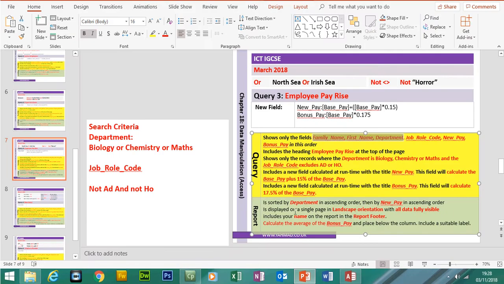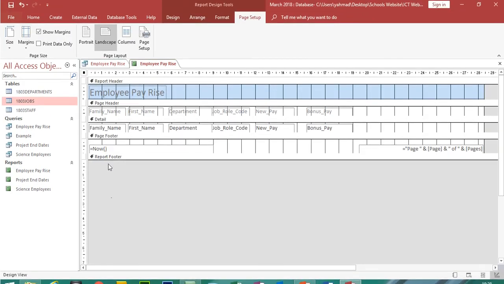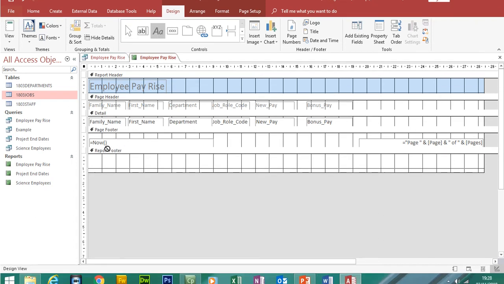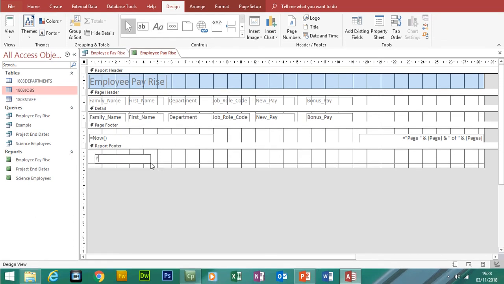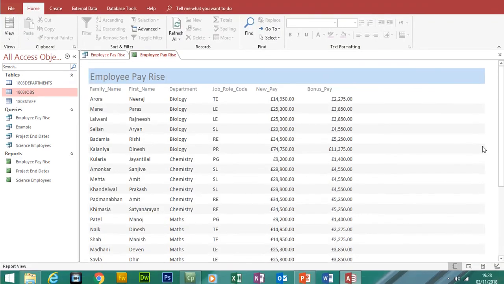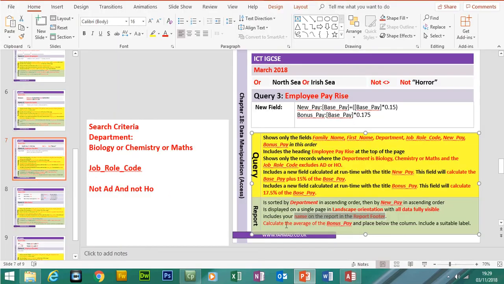Right, so we've got the fields in the right order. We've done a sort, include your name in the report footer. So if we go to the design view, report footer, so we need to open this up. Let's go to design, include a label. If we click on view, let's save the changes. So if we go to the bottom, you can see my name,